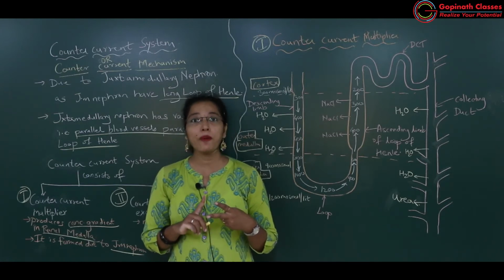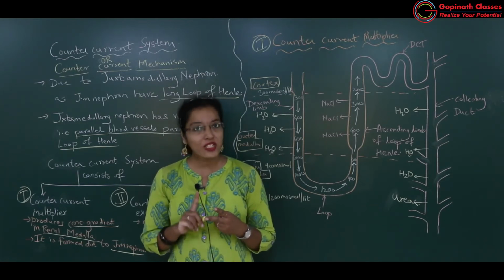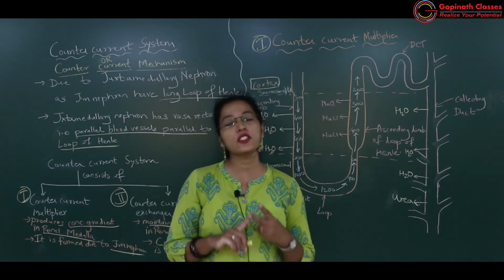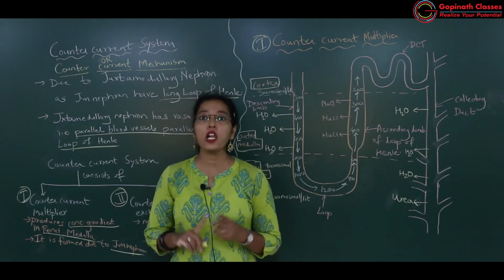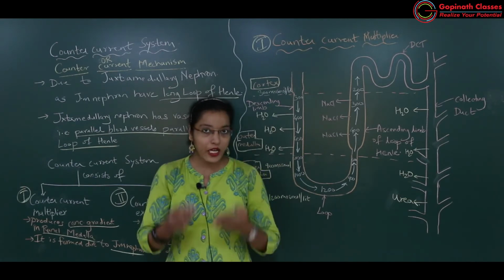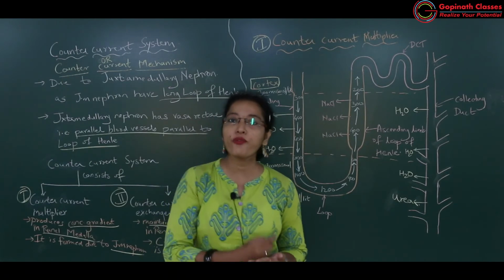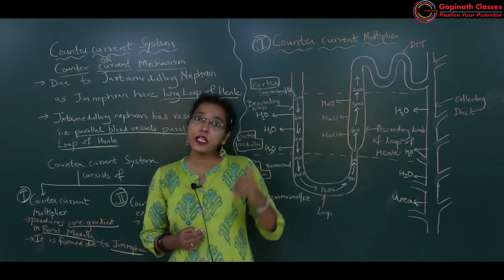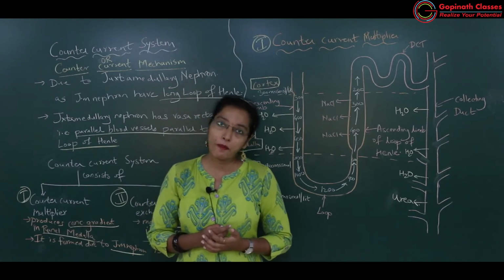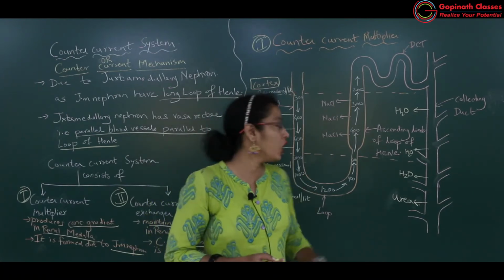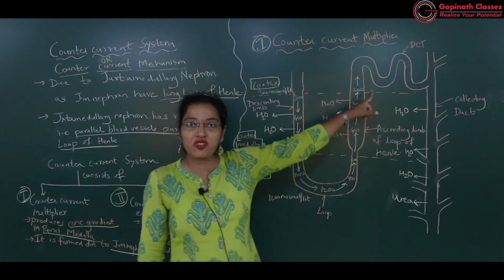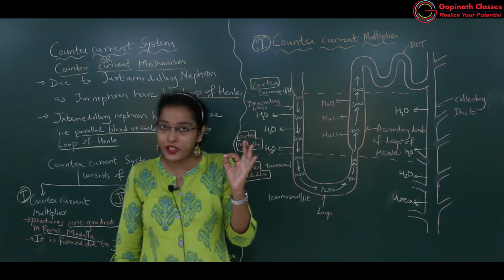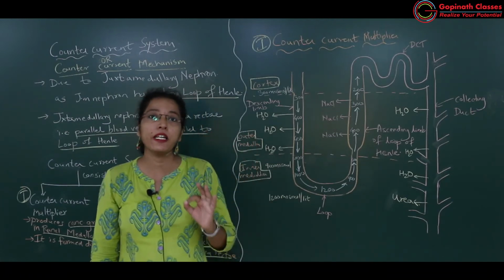The juxtamedullary nephron is responsible for osmoregulation. Why? Because the loop of Henle of the juxtamedullary nephron is very long. Its loop of Henle will stretch from the outer medulla to the deep inner side of the medulla. And because of this long loop of Henle, there will be maximum reabsorption of water and salts, thus maintaining